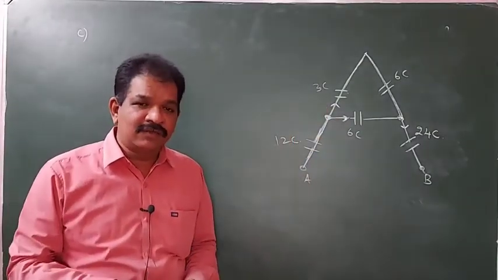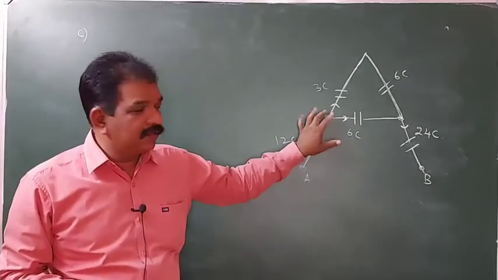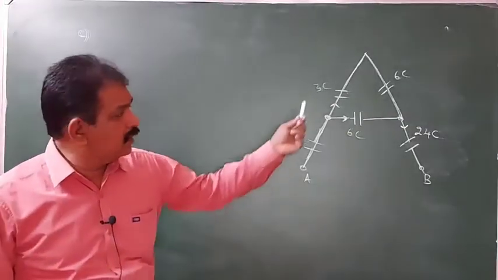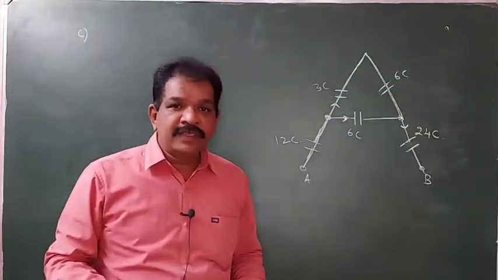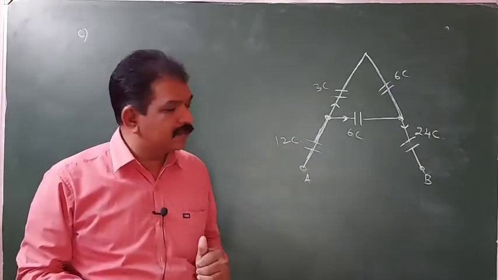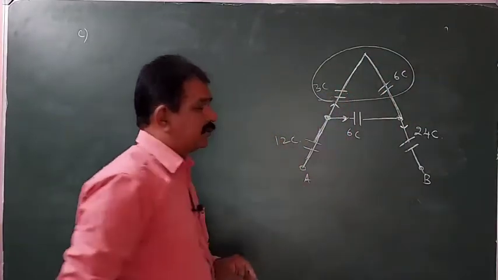There is no logic here about how it is divided equally like that. It's not like that. What you have to understand is, where it divides, the same amount of charge will be there. So these two will have the same amount of charge, meaning those two will be in series. So this combination will be in series.